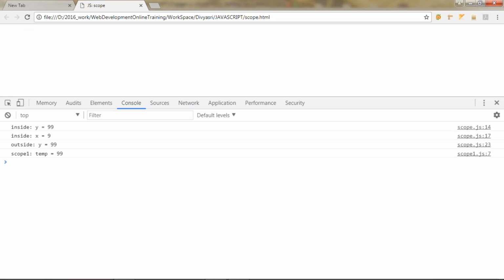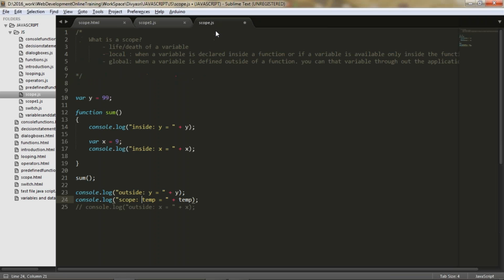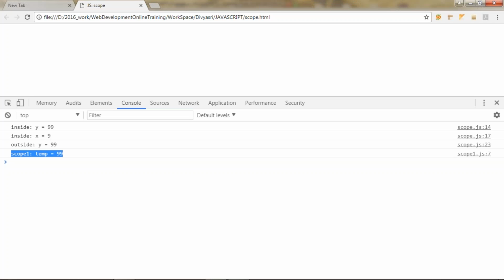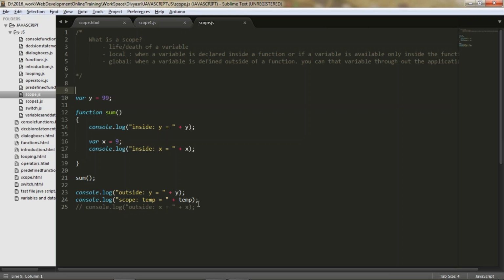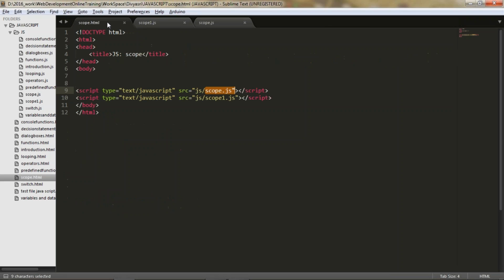Okay, and refresh the page. See, you are able to access scope one, the temp variable inside the scope one. And what about this? I haven't saved this one. Now refresh the page. Unfortunately I got an error inside this particular scope one dot the temp variable is undefined. The reason is the order we place